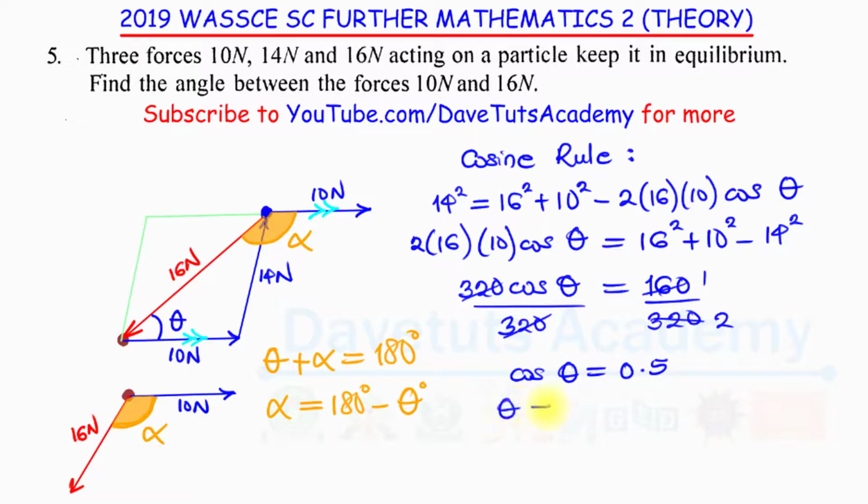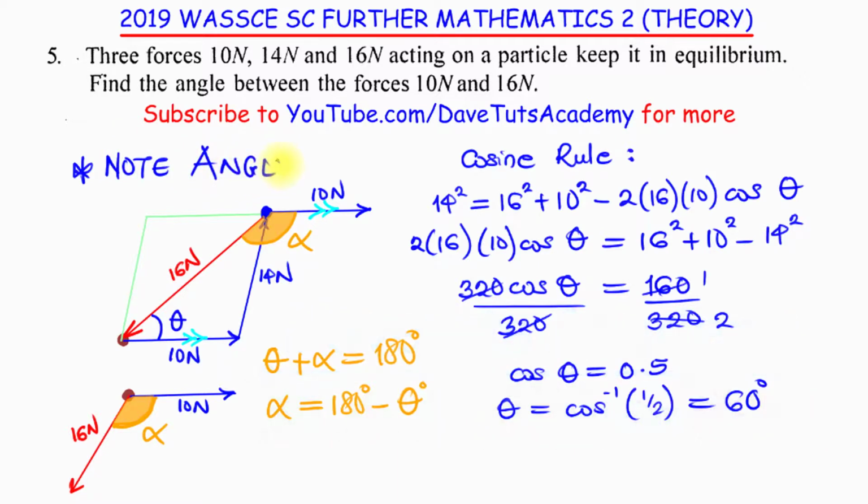And in that case, theta will be arc cos 1 over 2. And arc cos 1 over 2 is 60 degrees. So we have gotten theta to be 60 degrees, but nobody asks us to find theta. So note that the angle is not just 60 degrees, just like I explained before. The angle is actually the angle alpha, and from the foregoing we have said that alpha is defined as 180 minus theta, and theta we have obtained to be 60 degrees. So alpha is 180 minus 60, which is 120 degrees.